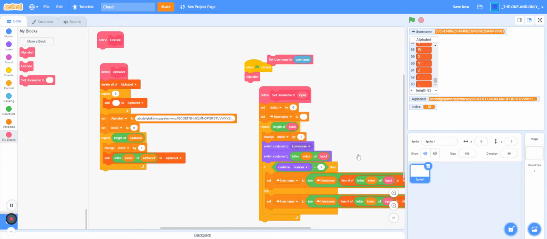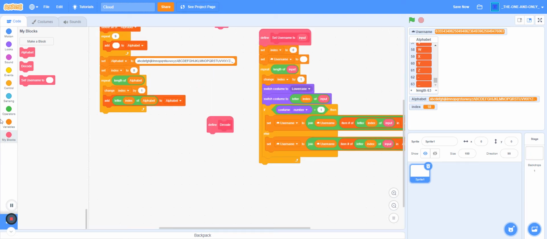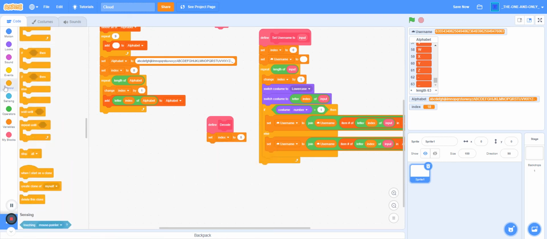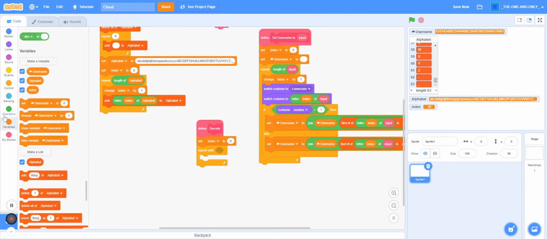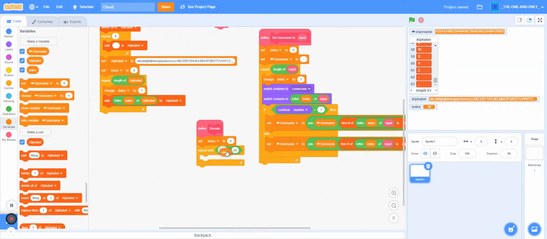Alright, that's going to crash. So when the green flag is clicked, do that, and I'll say decode. Inside of decode, I'm going to use your index variable again. I'm going to set index to 0. Repeat. Actually, not repeat, but repeat until index is greater than